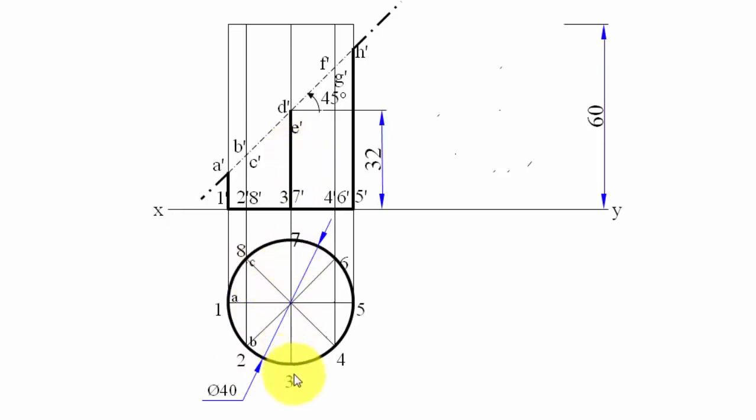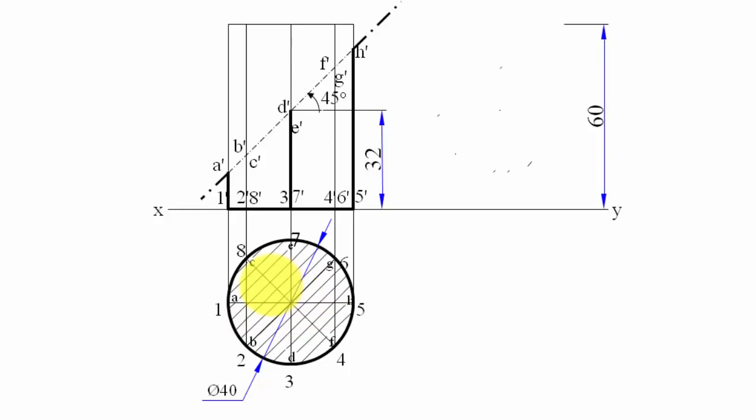Similarly here along with 3 we have D, along with 7 we have E. Similarly we have F with 4 and G with 6, and finally we have this H along this generator through this base point 5, and we're going to write here H. Alright, so when you join all these points, it would again appear like a circle from the top. Okay, so this section in fact looks like a circle, and the hatching will be done in this way. There you go. So that is what you call the sectional top view.